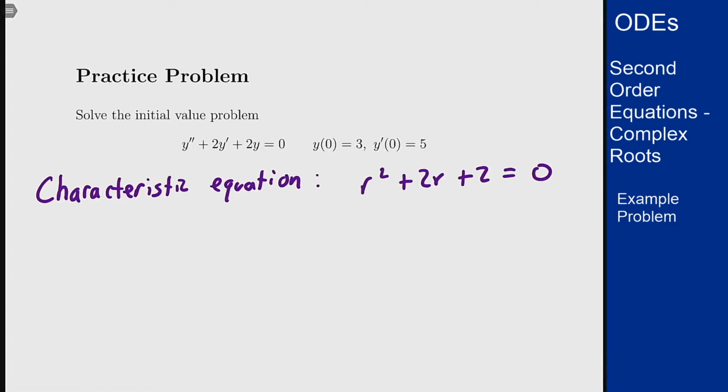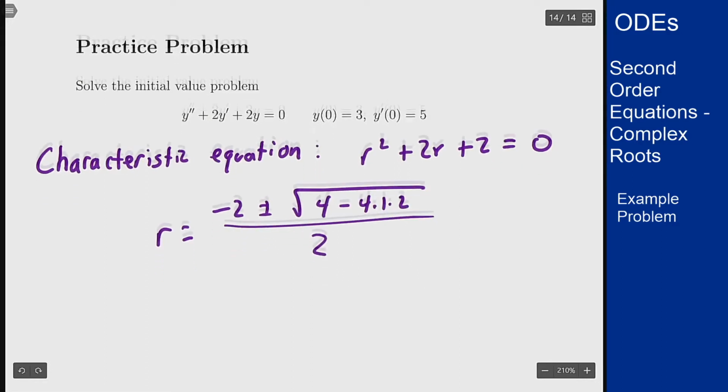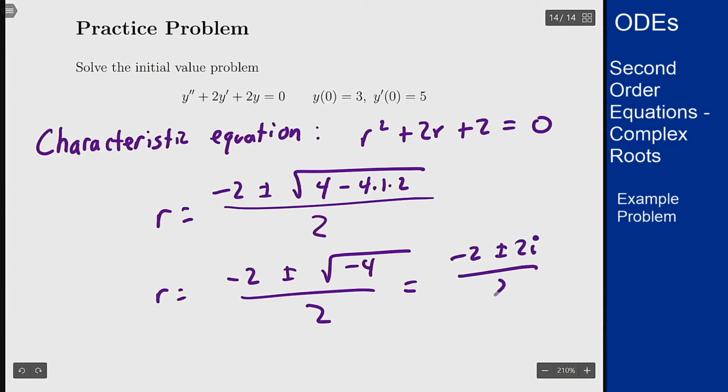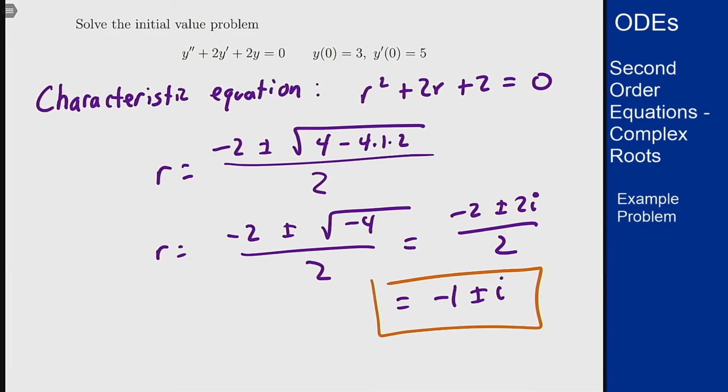This equation doesn't factor, so let's try the quadratic formula. r is -2 plus or minus the square root of 2 squared, which is 4, minus 4 times 1 times 2 for ac, all divided by 2. This is -2 plus or minus the square root of 4 minus 8, which is -4, over 2, which is going to be -2 plus or minus 2i over 2, because the square root of -4 is 2i, which is -1 plus or minus i. So from that, we can then write our general solution, realizing we only need one of those two